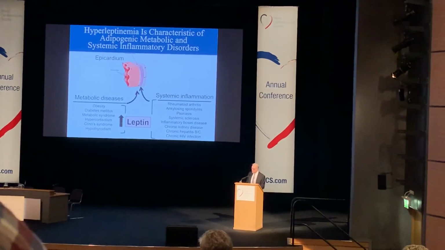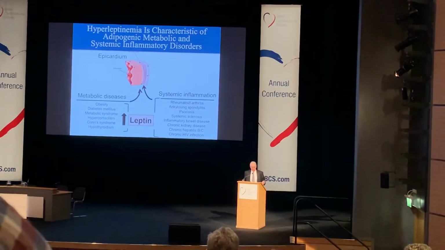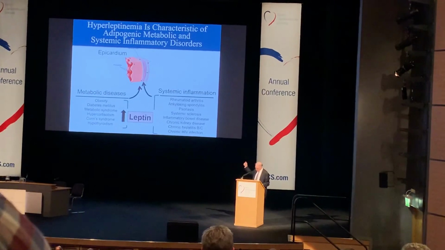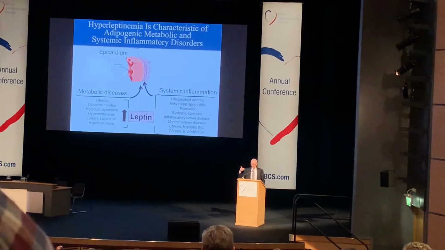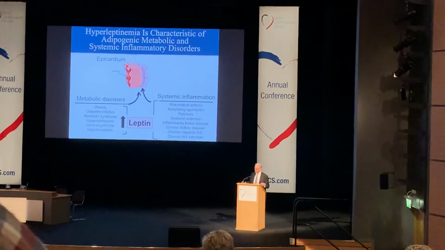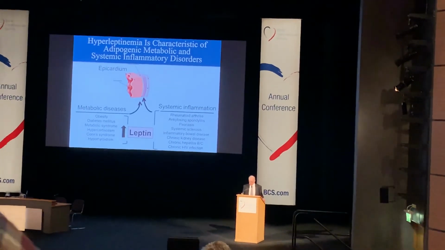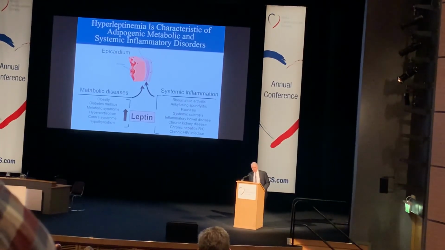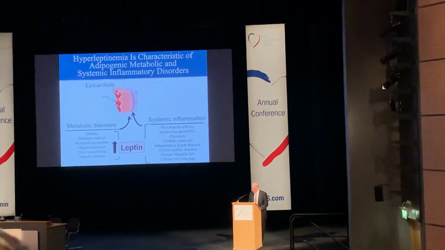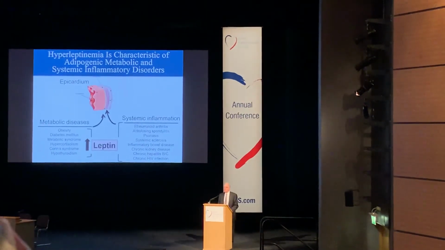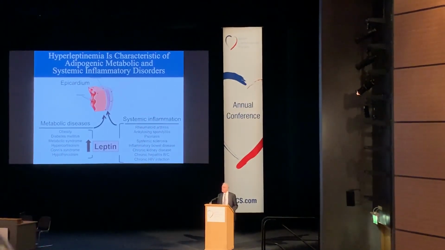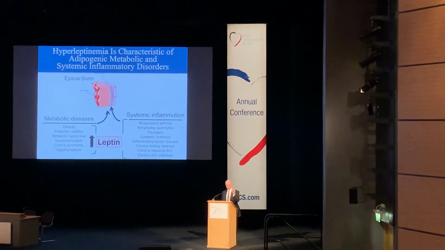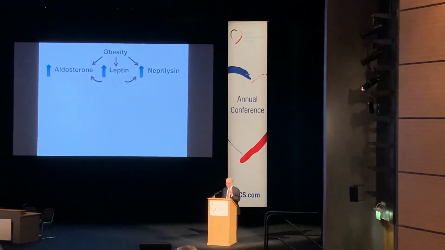Every single disorder on this slide, diabetes, metabolic syndrome, rheumatoid arthritis, psoriasis, inflammatory bowel disease, all associated with markedly increased levels of leptin. Leptin probably doesn't cause the epicardium to become inflamed, but increased leptin is what happens when the epicardium becomes inflamed, and it secretes pro-inflammatory mediators, because leptin